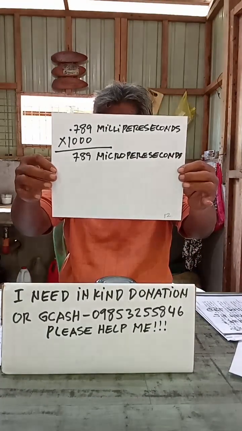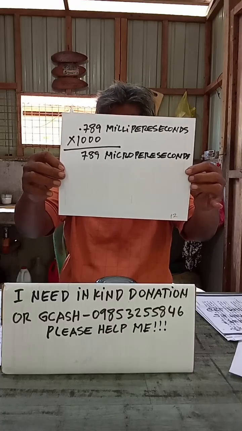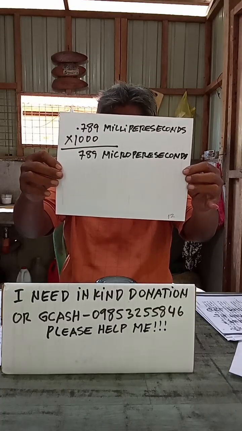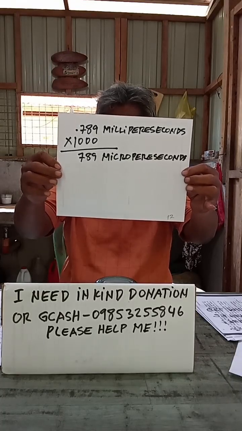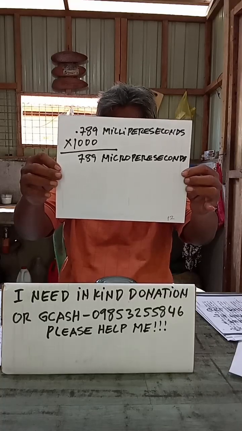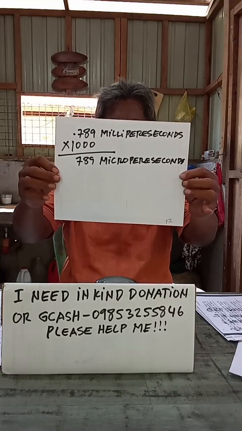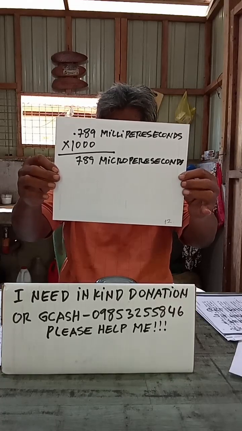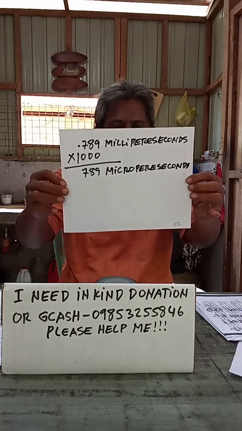The next unit of time smaller than a milliperisecond is microperisecond. Then 1 milliperisecond is 1,000 microperisecond. So multiply the decimal milliperisecond by 1,000 or move 3 decimal places to the right, and the product is 789 microperisecond. So the overall equivalent